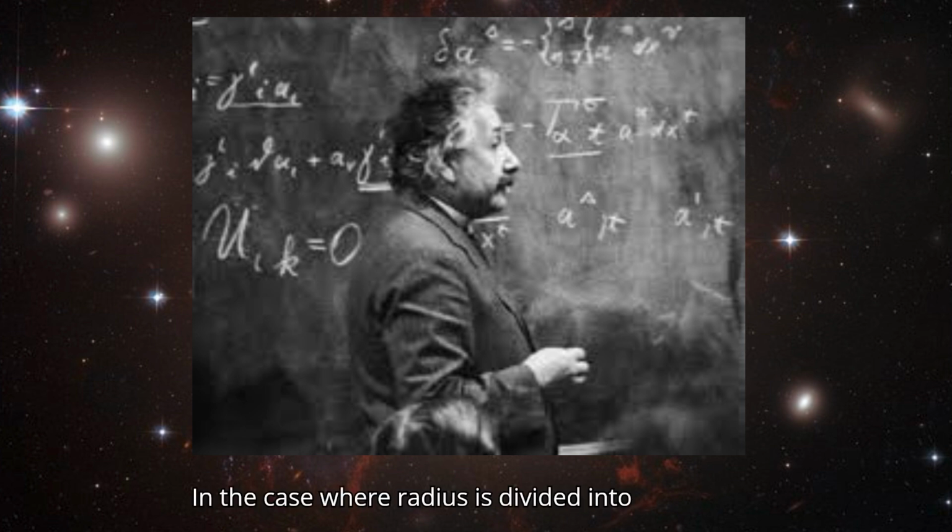In the case where a radius is divided into three parts, A, B, and C, with A being the closest to the axis of the manifold, the effect of the inverse square law would depend on the distance to the central axis. If we assume a spherically symmetric mass distribution around the central axis, then as we move from part A, which is closest to the axis, to part B, and ultimately to part C, which is the farthest from the axis, the gravitational force or other influences would follow the inverse square law. This means that the closer we are to the center A, the stronger the force will